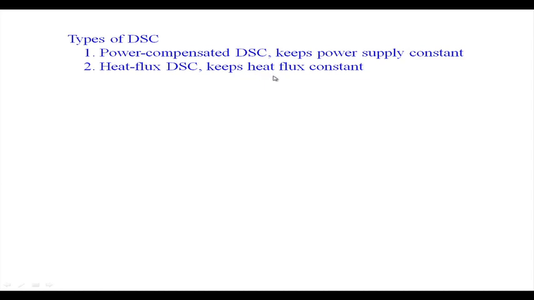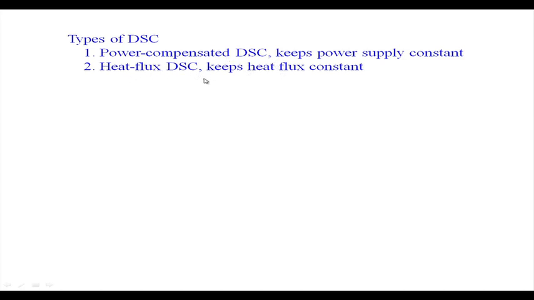So, one particular technique we will be calling power compensated DSC, where we compensate the power which is applied to either the sample or the reference, where we keep the power supply constant. Like when we study in our next classes onwards, the electrochemical studies, we can have some measurements where we can fix the corresponding current or we can fix the corresponding voltage. So, similarly here, if we keep the power supply constant,